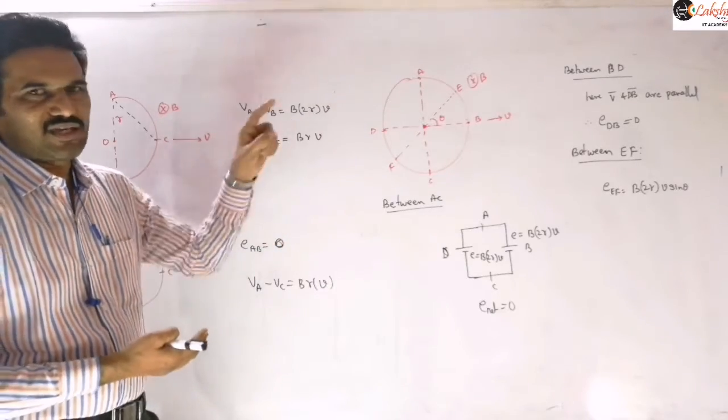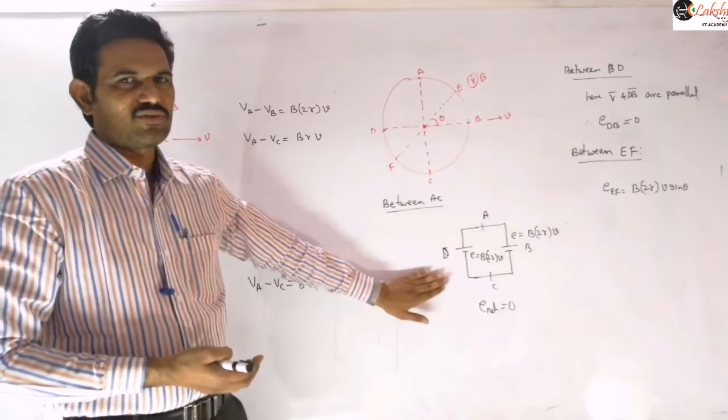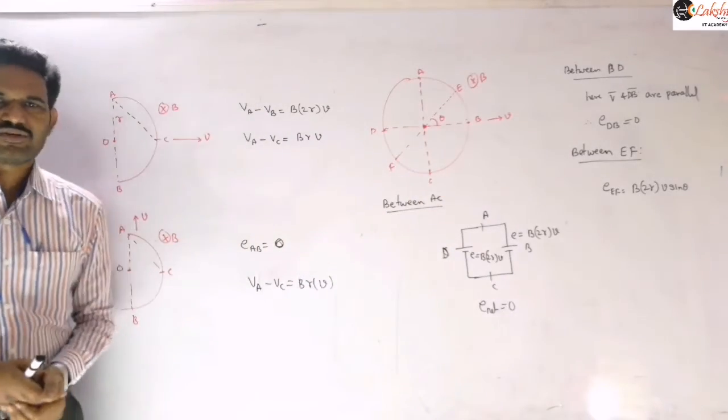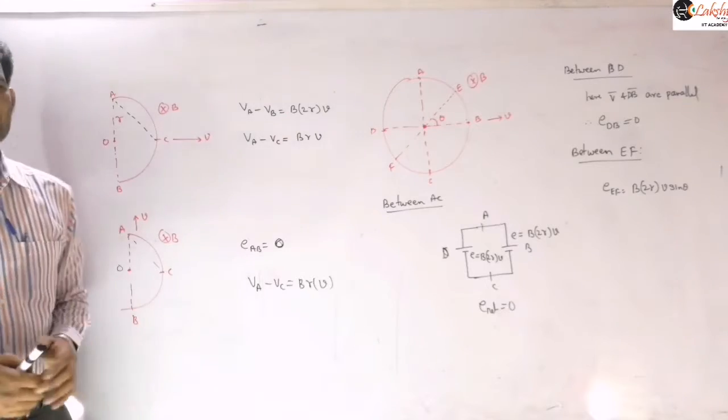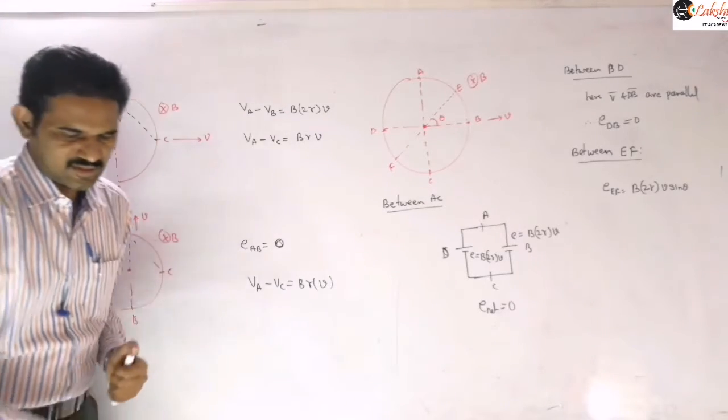That means if you are taking again the complete circle, EMF in this part and EMF in this part will be like this only, you can draw here. And there you can mention that the net EMF is 0 if you are taking that as a complete circle, right? So like that you can answer the induced EMF in case of these curved conductors. Is it clear?